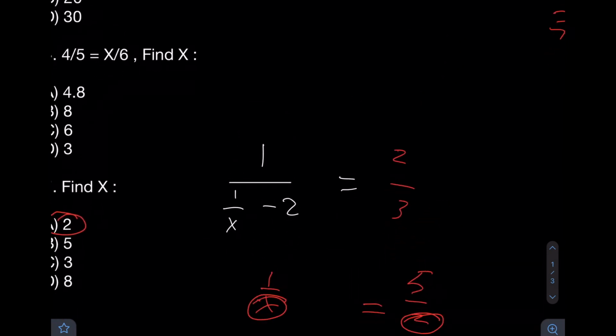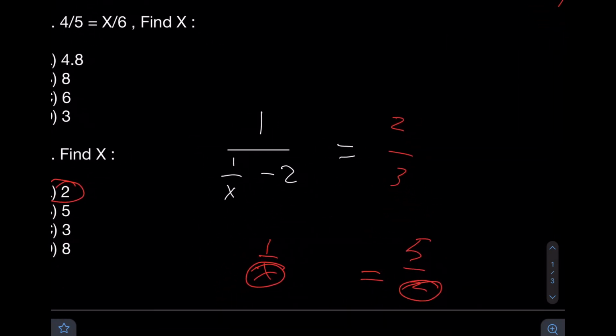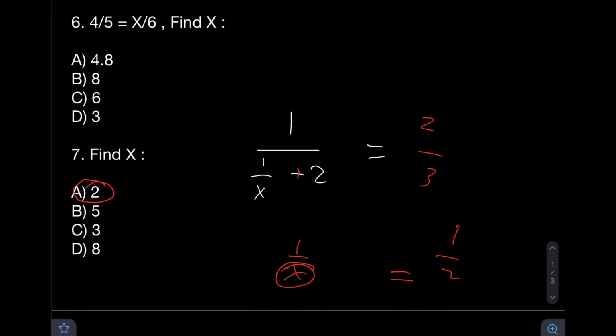However, I do believe there's a mistake in the question originally. Maybe this should have been a plus, so that when we take it to the other side, it becomes a minus, and so it would actually look like 1 over 2, just to be clear. However, 5 over 2, 1 over 2 still works. And so we end up with x is equal to